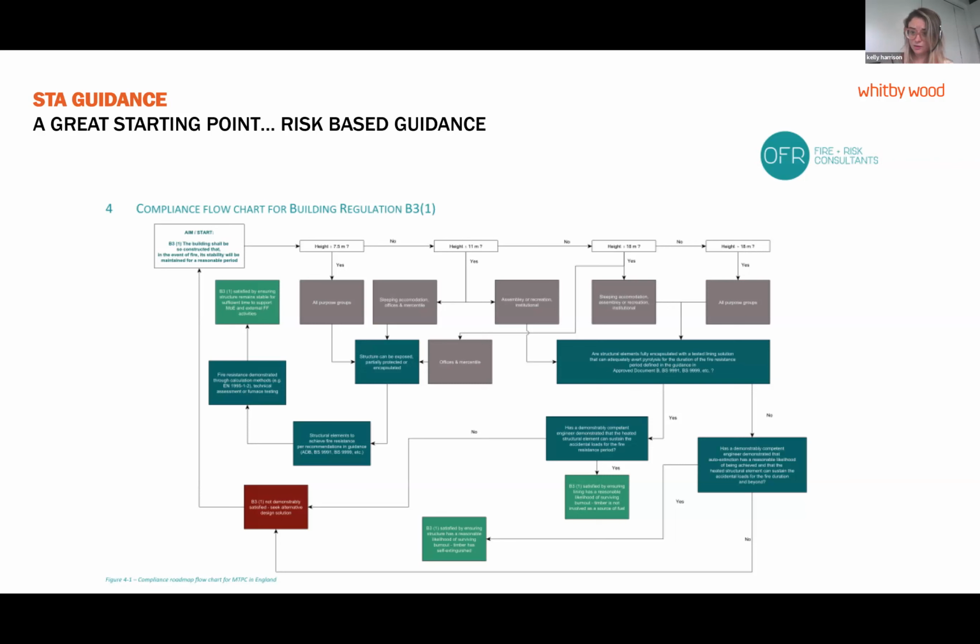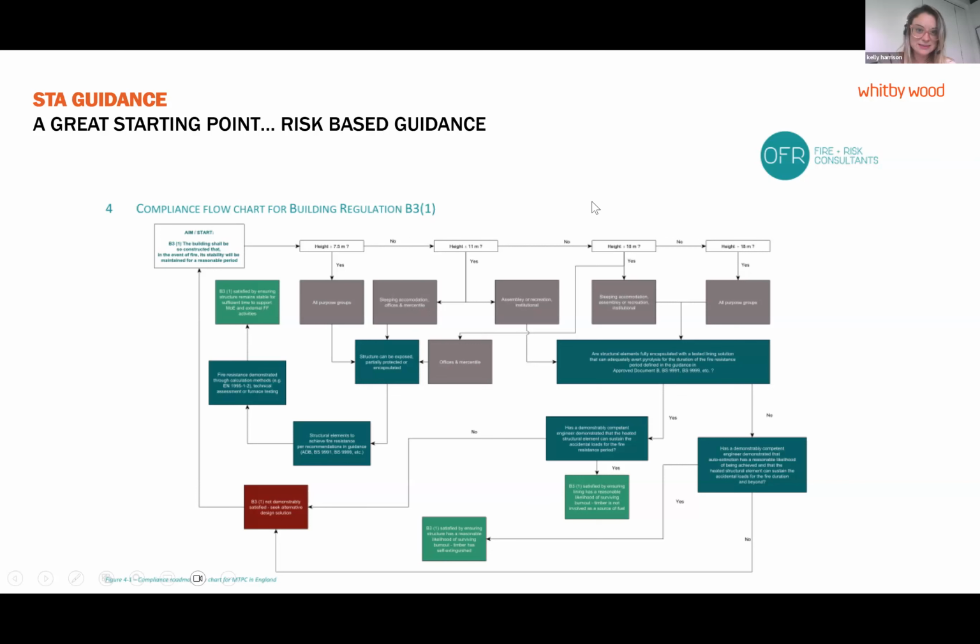As you look at your overall height, what are the uses, what are high risk, what are low risk, and then what's your best route to compliance in terms of approach to fire engineering. So this you need to think about early on, and if your fire engineer on the project has not worked with mass timber or timber before, then you need to have a really good conversation about that really early, and give them all the information they can